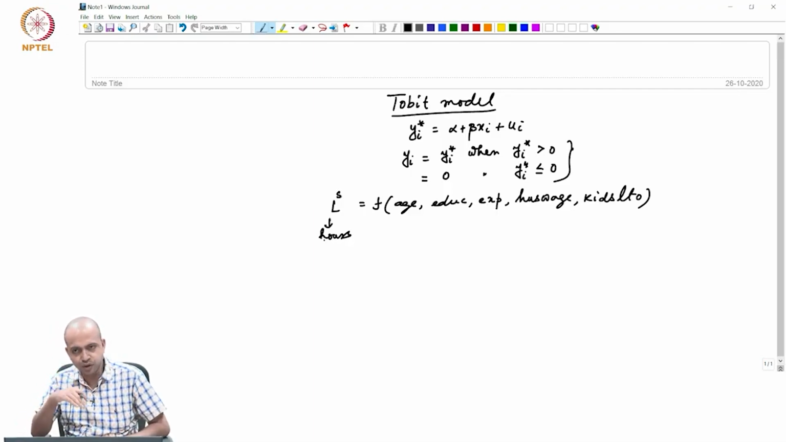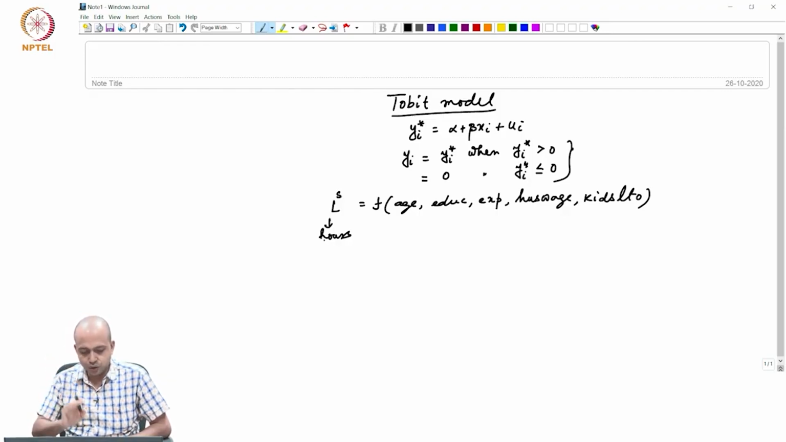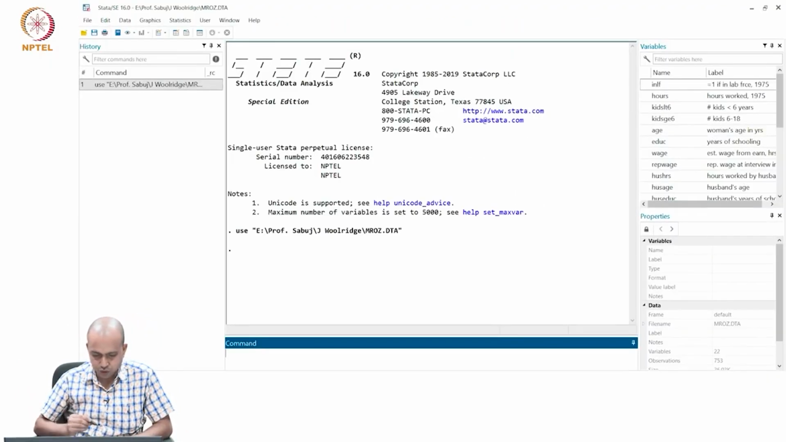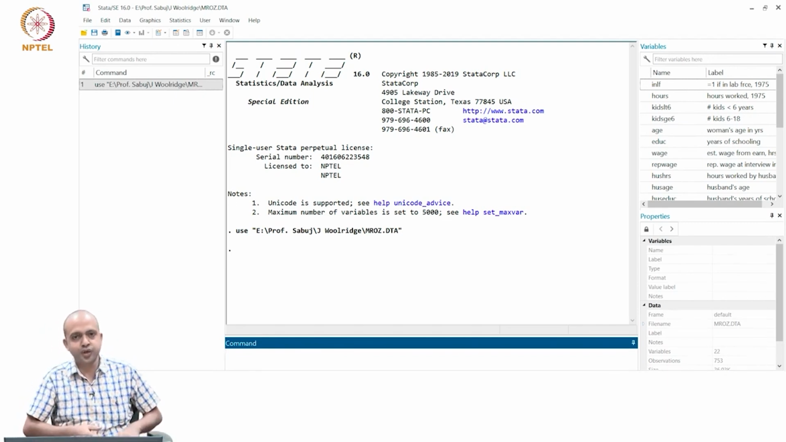So, that means we will observe someone's labor supply only when it is greater than 0, right. If that is the case, then we will use left censoring or lower censoring in this particular case, but there are other cases depending on your situation. You have to use either right censoring or censoring from both top and bottom. With this, let us now go to our same data set, the same data set we were using earlier